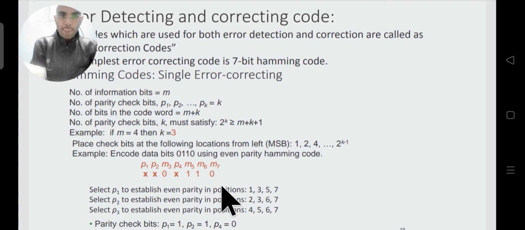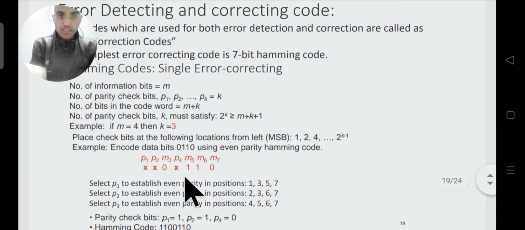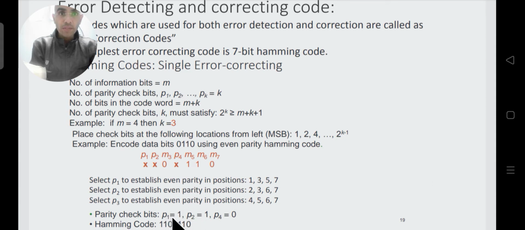Let's say I want to find P1. I start from the 1, 3, 5, 7 subgroup. You can see in this message there is only one 1. So to make it an even number of ones, this parity bit should also be equal to 1. So P1 is equal to 1, as written later also.